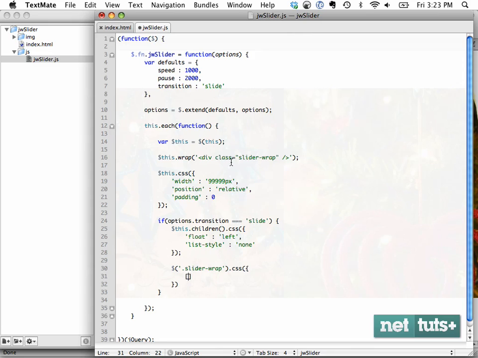And we'll do the width, which is going to be the exact width of its contents. So the way we can find that out, if we're using something like images, is we can do this children width. And in this case, it'll find the width of the list item or the image, which is already stated, and it's going to set the wrapping element equal to that. And then we're going to set overflow